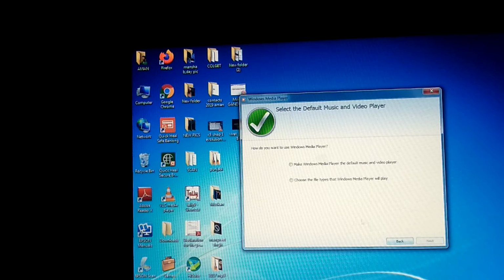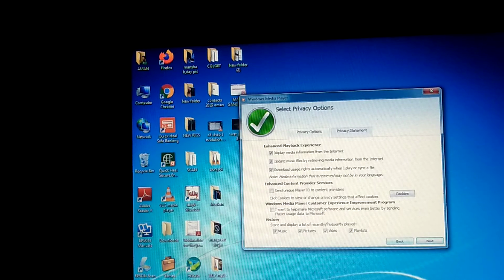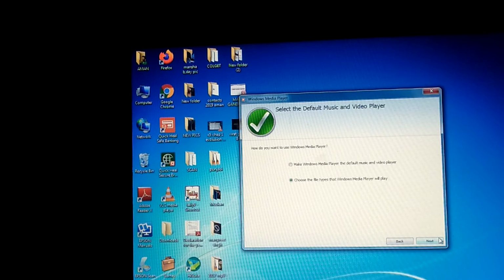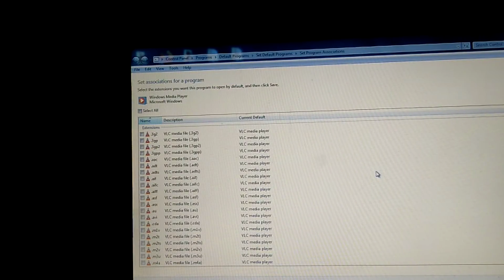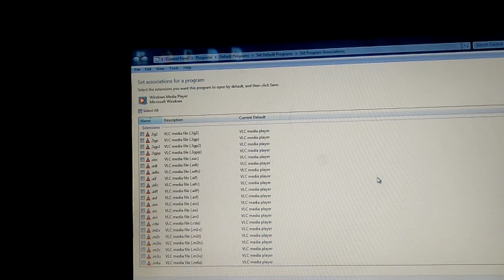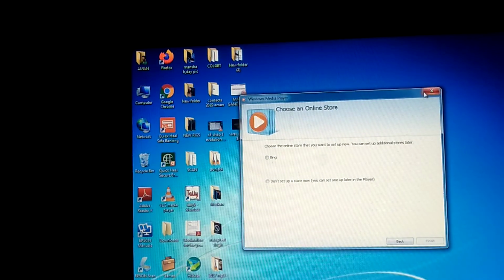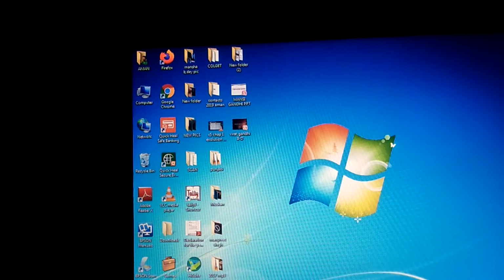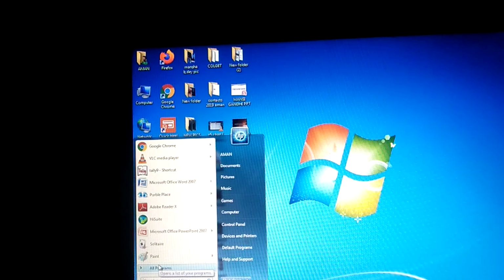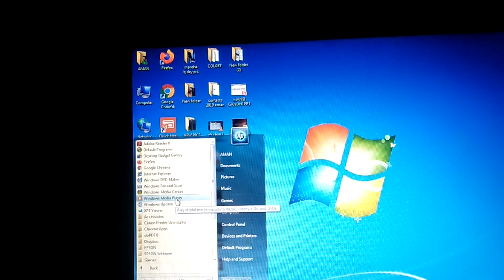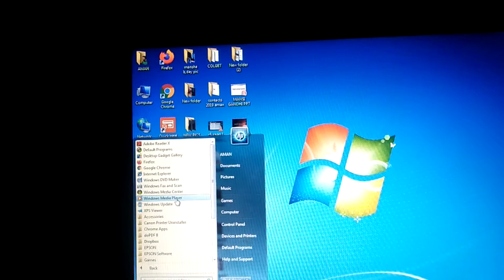Next, I'll make all the settings visible, and then you'll see a list of all the songs appear, and you can listen to all the songs and see all the videos in Windows Media Player. So learn how to go to Windows Media Player. Your first step is to go to the start button, then go to All Programs, then go to Windows Media Player. Fine. Next, you learnt about the control panel.